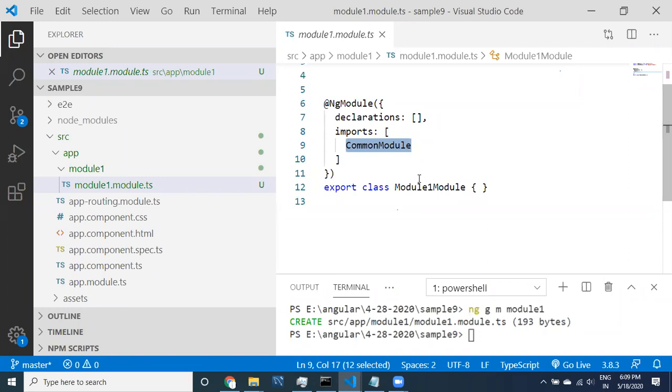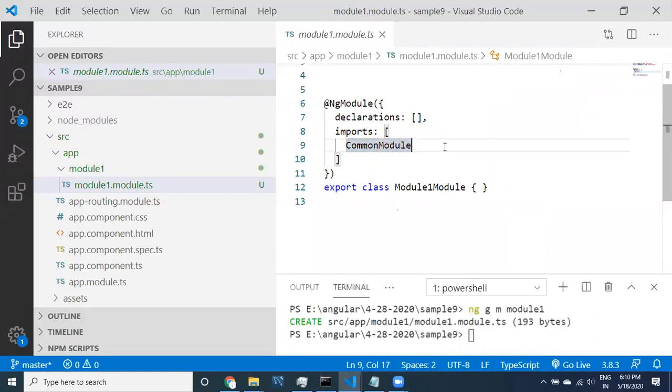All these things we can use because we are importing this common module. That's why the common module is important.